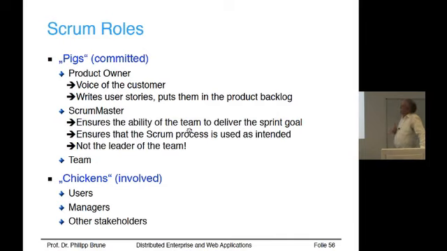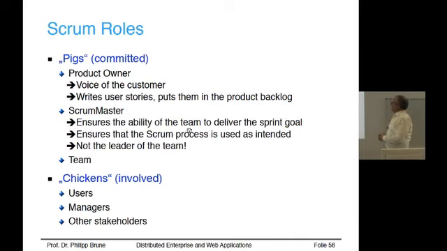You can think of the product owner as sort of the project main sponsor, the person in the business department who wants the project. Classical, it would be the business side project manager. He's the voice of the customers, and he's responsible for writing or collecting at least the user stories and deciding which user stories should be put in the product backlog. Of course, there are the customers and the users who can put input to him, but he or she has to decide whether this is finally to be put in the